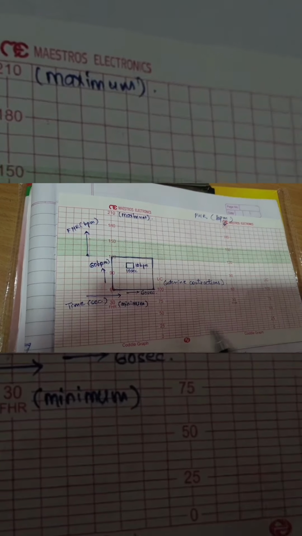So now, there are specific graph speeds for each machine. It might be 1 centimeter per minute. The graph rotates at the rate of 1 centimeter per minute, or 2 centimeter, or 3 centimeter. Universally, the machine is set at 1 centimeter per minute. So considering that, there is a 6 by 6 box, such that each box,